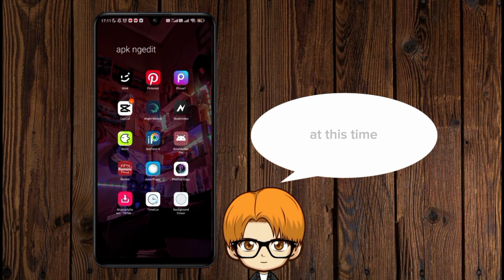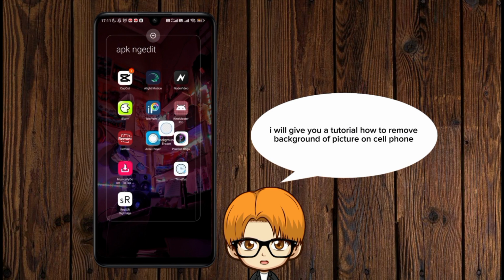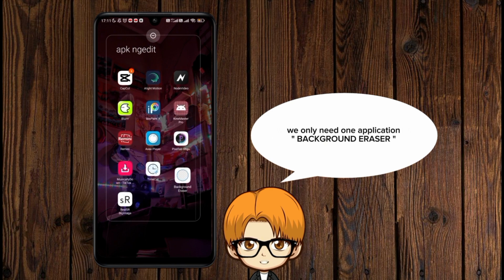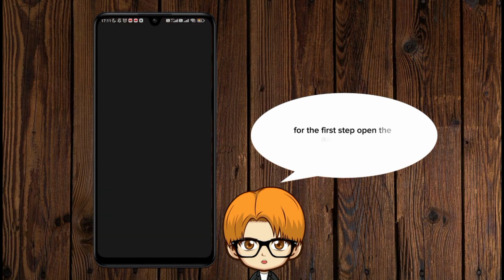At this time, I will give you a tutorial on how to remove the background of a picture on a cell phone. You only need one application, Background Eraser. For the first time, open the application